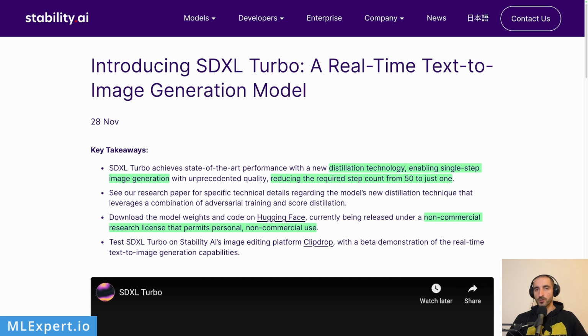This is the official announcement blog post for the SDXL Turbo model that is based on the SDXL model by Stability AI, and this one is actually quite a lot faster compared to the original one. They're saying that they're using this new distillation technique that is enabling one-step inference or image generation, which is something that the previous models had to do maybe 30, 40 or 50 steps in order to produce similar results,